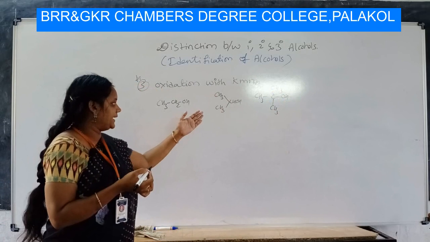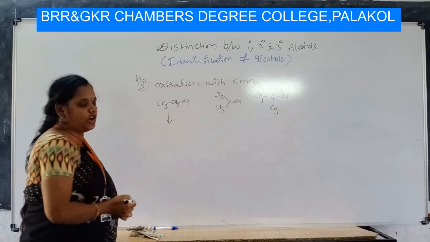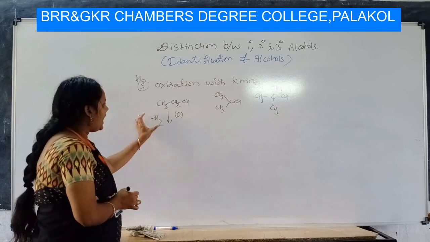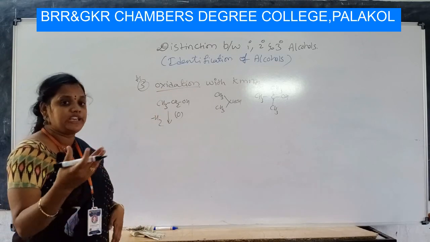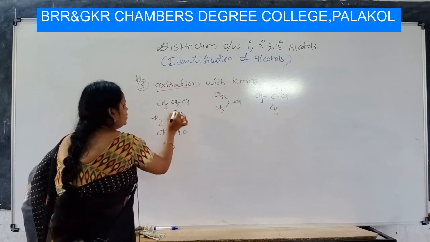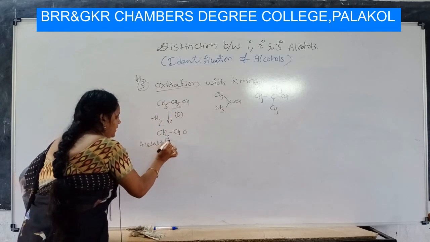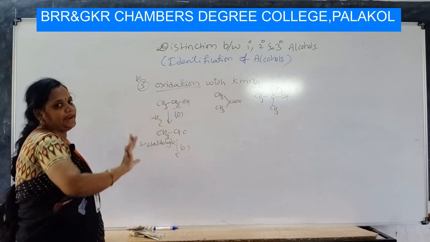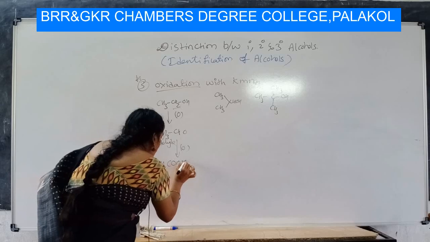In primary alcohol, if you oxidize with KMnO4, first hydrogens are removed, because oxidation means removal of hydrogens or addition of oxygen. So you will get CH3CHO, as two hydrogen atoms are removed. You are getting acetaldehyde. On further oxidation, where we are adding oxygen, you will get CH3COOH,